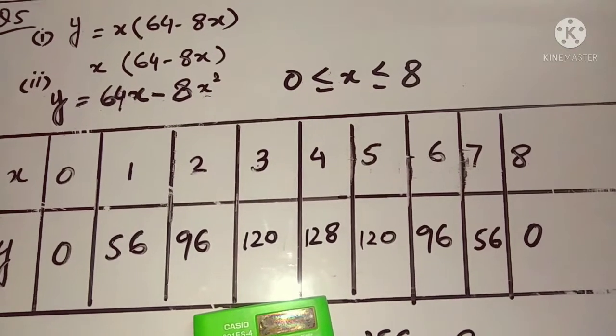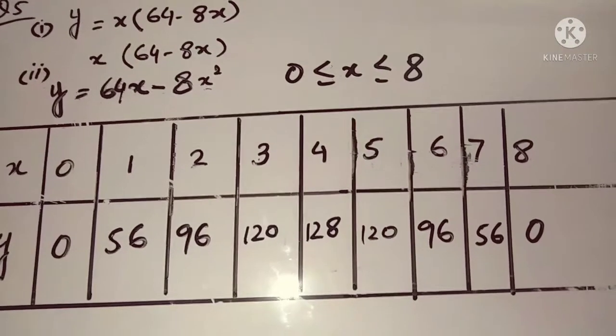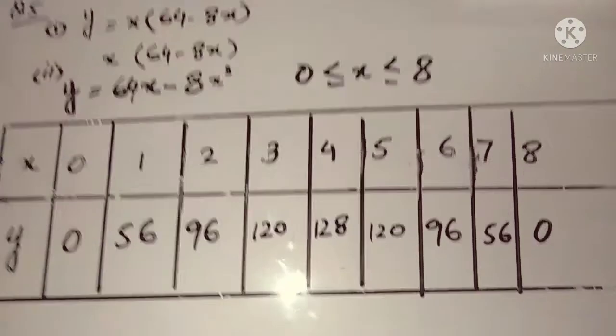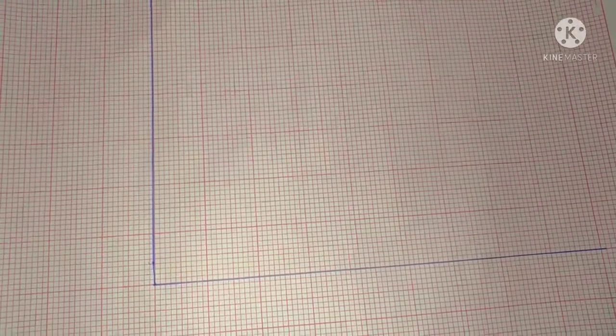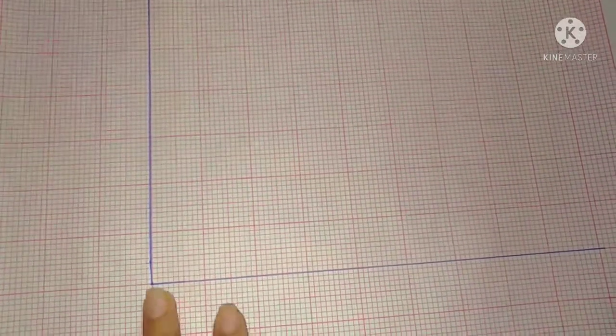Now I'm going to draw the graph, and I have to follow the scale which is given in the question. So let's come to the graph. As shown in the question, it is given that on a sheet of graph paper, using a scale of 2 cm to represent $1 on the x-axis. Now students, remember that 2 cm means that you have to give the gap of 2 boxes.